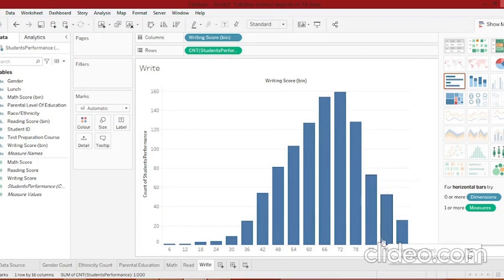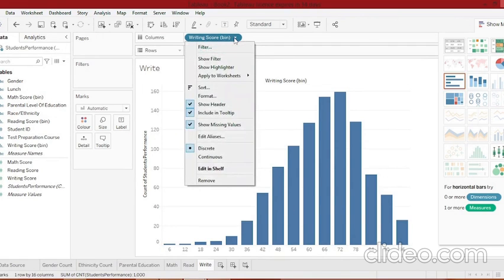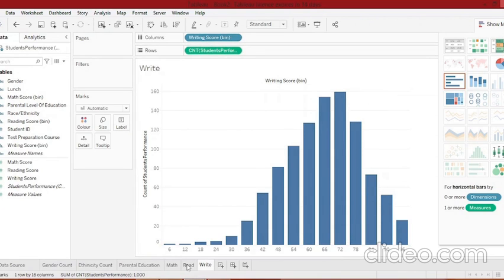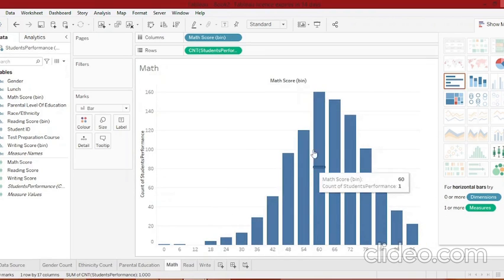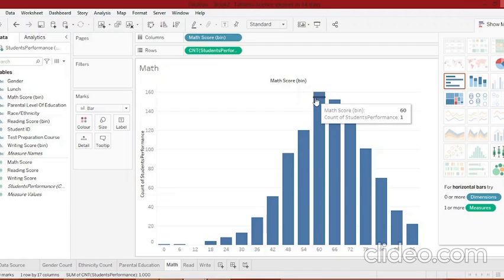and write. If we look closely at these histograms, we can see that in write the maximum mark or the median is around 72, and in read it is around 70, and in math it is around 60. So from this we can come to a general inference that the whole class has performed well in reading and writing compared to the math subject. This type of inference will help us to plot the correlation map also, and it will lead us to machine learning algorithms. The main motto of data visualization is to extract inferences from these data.